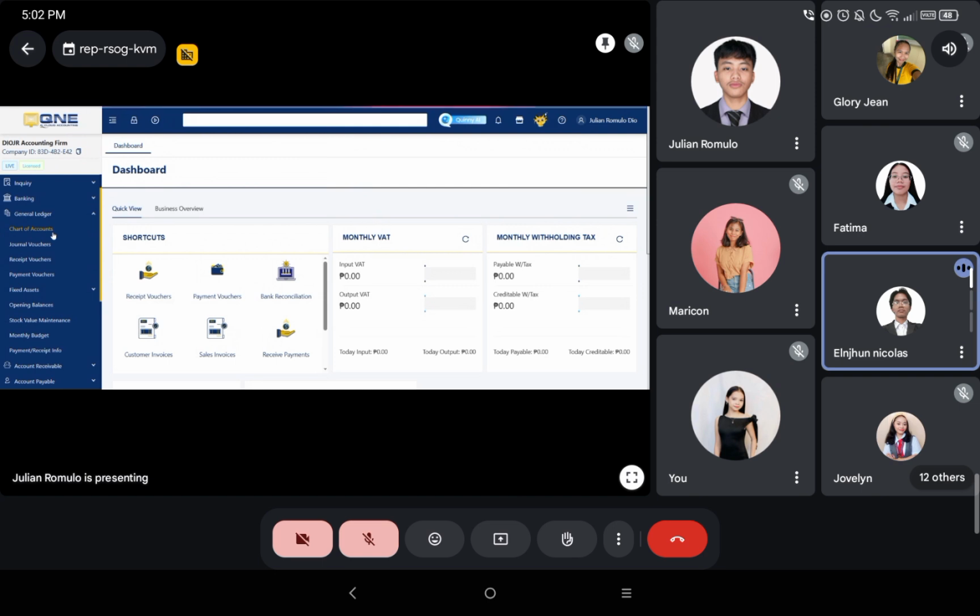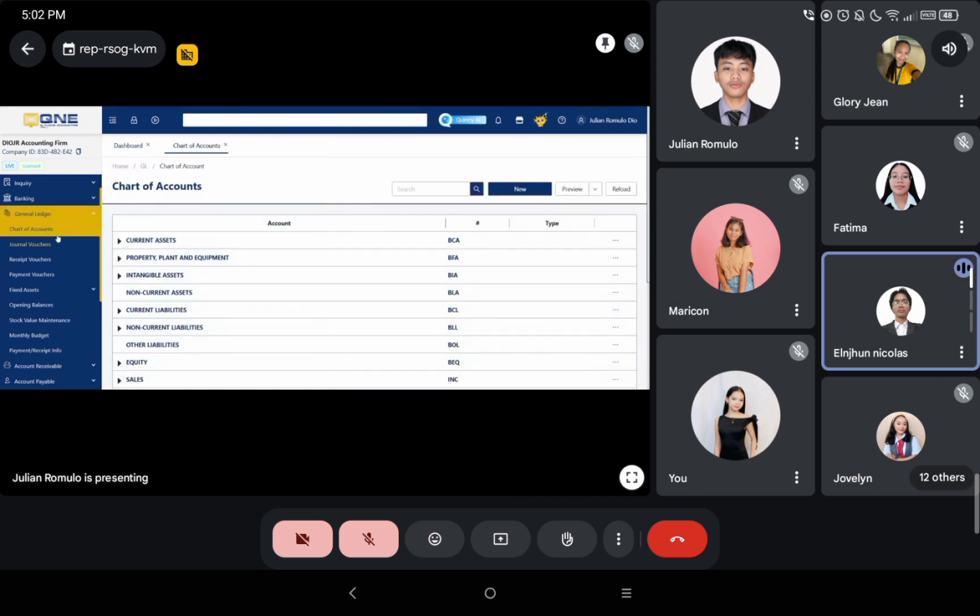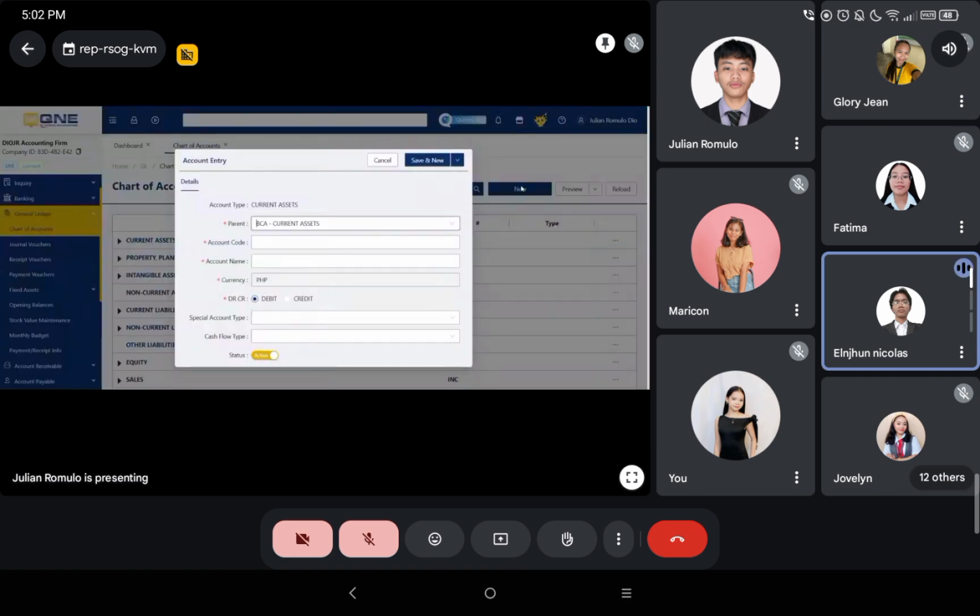So please click chart of accounts, and inside there you'll see some sample account names, account titles, and the basic account titles that will be mostly found in most businesses. So in there, click new, because we'll add something new that is unique to the business. So may I call on Ms. Nicole Arabia to continue?